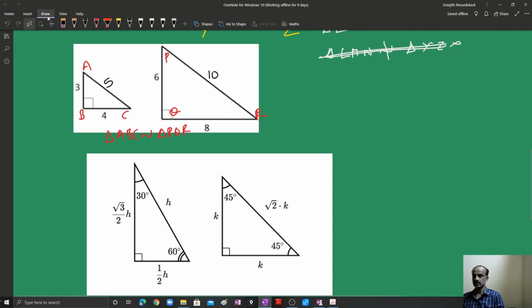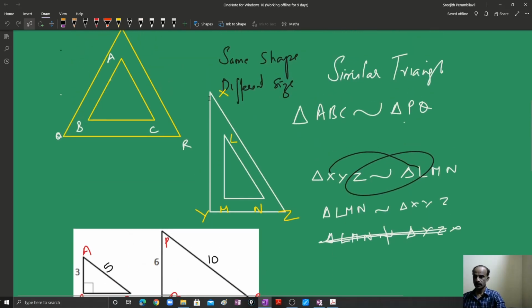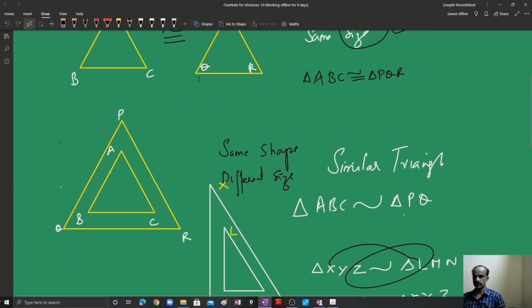So now the question is, when can we say two right angle triangles are similar? That is a very important point. To come back to this figure, we can say these two triangles are similar, with the same shape. When you look at this, something is happening. Their corresponding angles are what? Nothing but one and the same. They are equal. These two angles are equal, these two angles are equal.